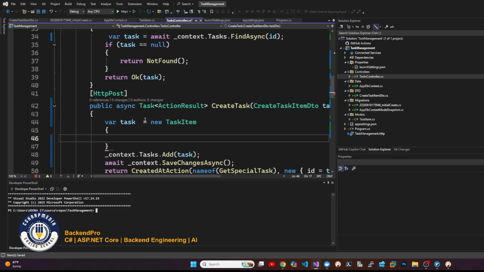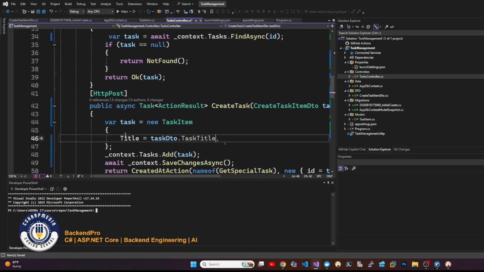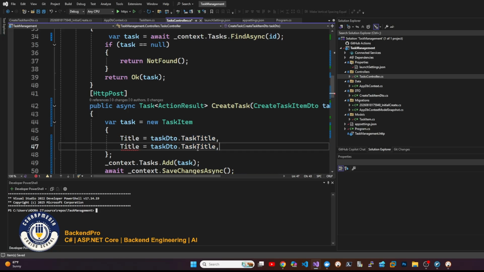And do something like this. The task title in my entity is title. It should be something like the task DTO dot task title,